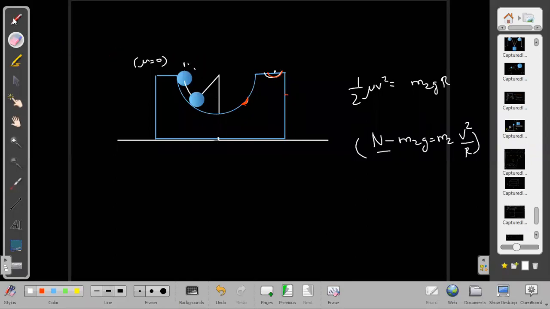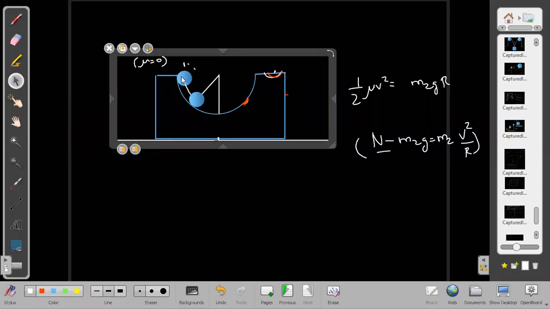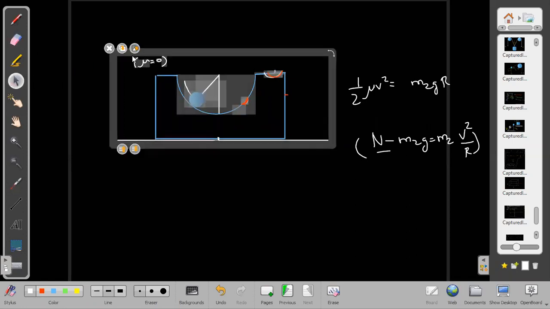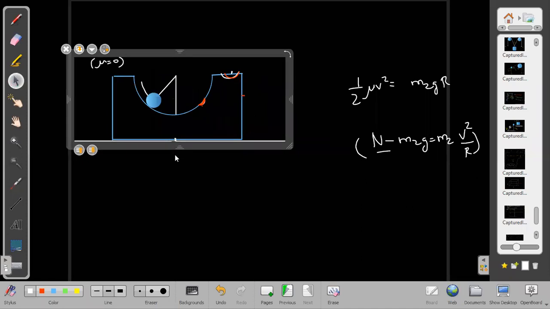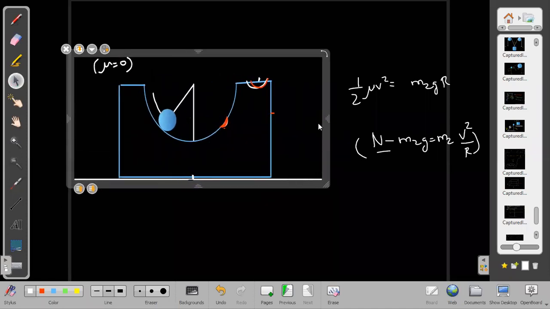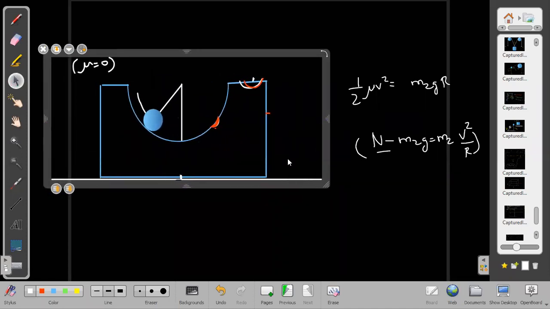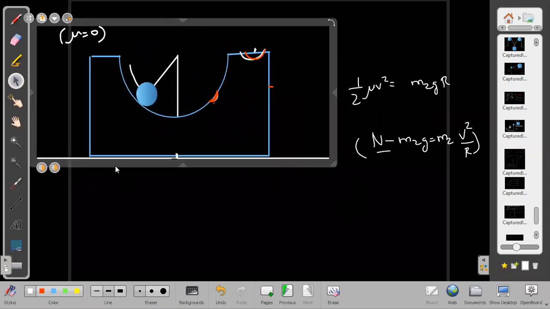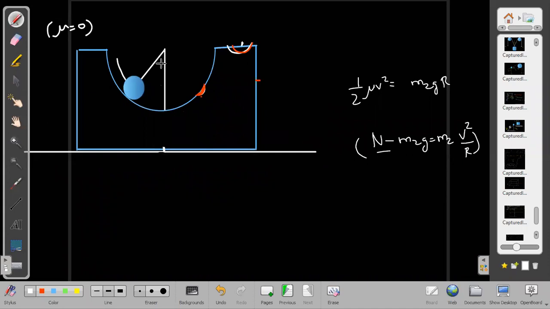In fact, let me delete the first position now. It has already come to this place, and now we have to find out the normal. Relative velocity. So to do this, first of all, what angle does it make with the vertical? Let us say theta. And here it has relative velocity, let us say v.